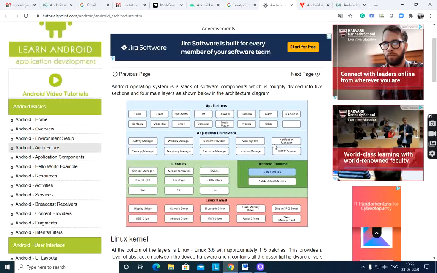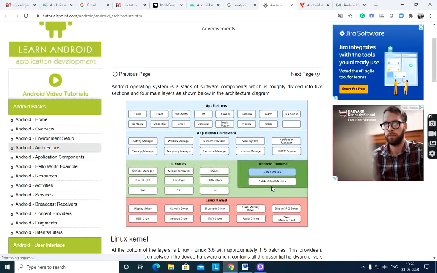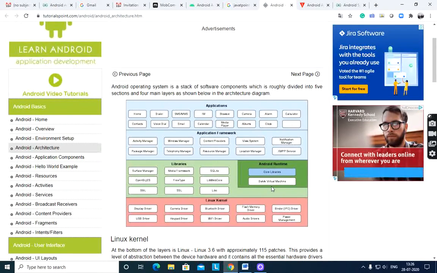Next layer is native libraries and Android runtime. The Android runtime environment is one of the most important parts of Android. It contains components like core libraries and the Dalvik virtual machine. Mainly, it provides the base for the application framework and powers our application with the help of the core libraries.